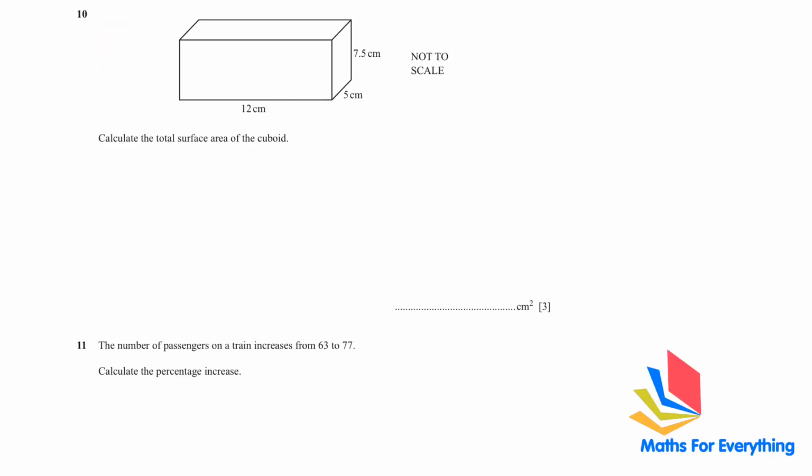Question number 10. We have been given a cuboid and we need to find the total surface area of the cuboid. The formula to find the surface area is 2LW. What are the three things that we have? We have length is 12, width is 5, and height is 7.5. So first write LW, then write LH,